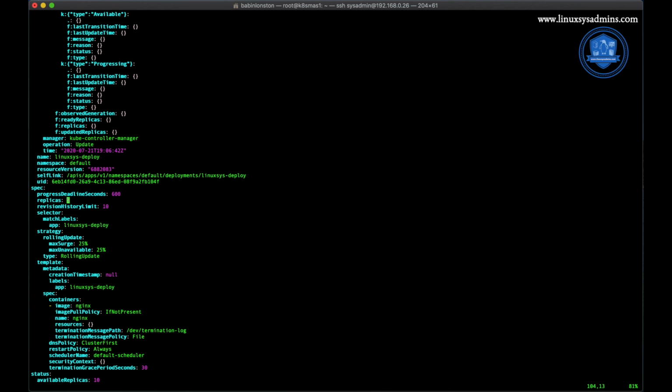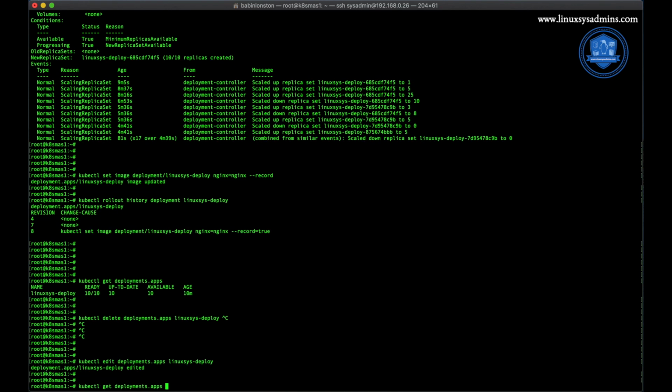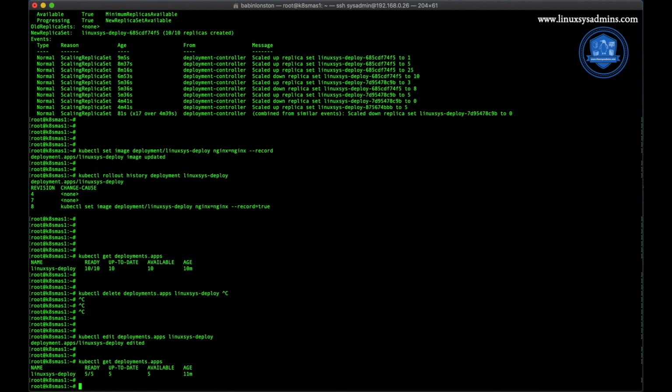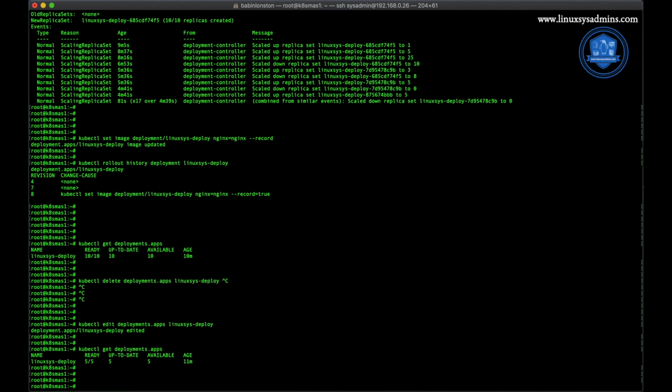Once you save and exit, it will make the changes. Now if you see, before editing it was 10 and now it's 5. Thus you can downgrade or upgrade, scale up the deployment as well.